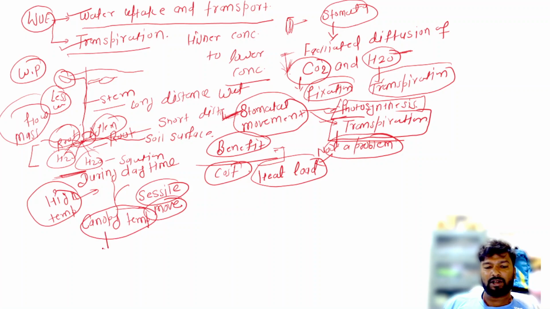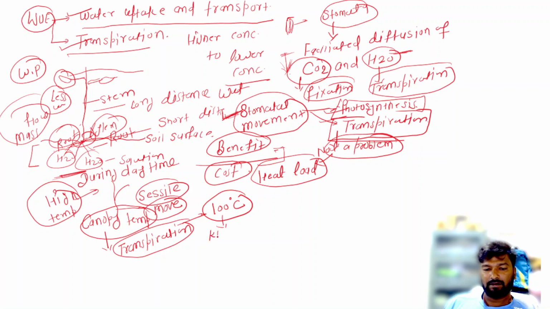If there is no transpiration process, then it may be possible that in some minutes the plant canopy temperature reaches up to 100 degrees centigrade, which can kill the plant. So transpiration is not a problem, but due to